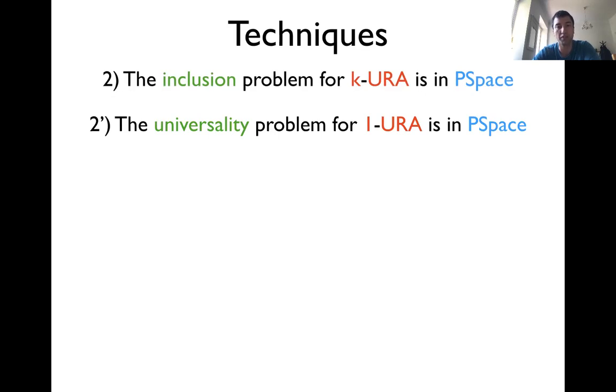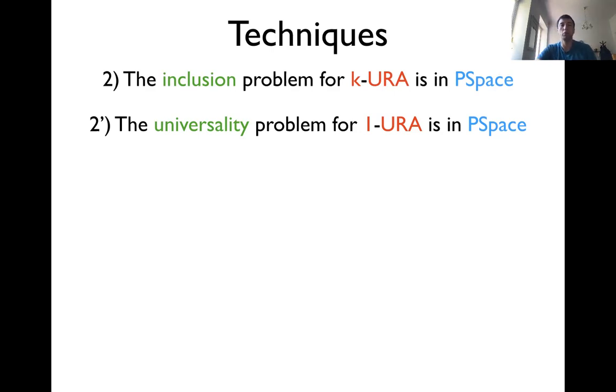It's essentially the same techniques, but we need to add something to think about how to generalize it, but the core is the same. You also need to do some Ramsey-style techniques in order to generalize from 1 to k. So I will sketch for you the proof of this second point,